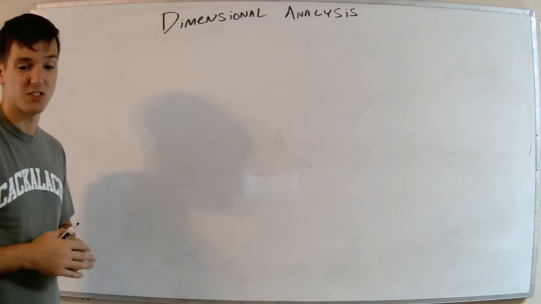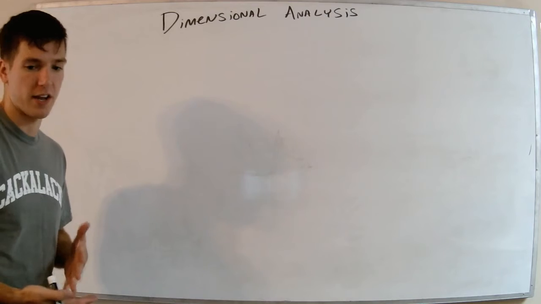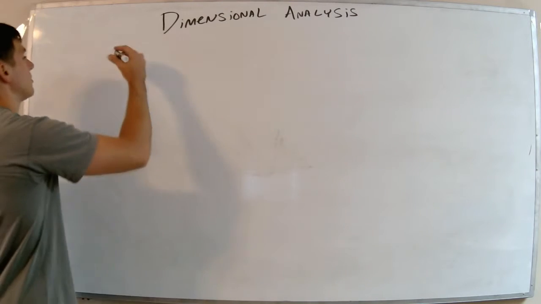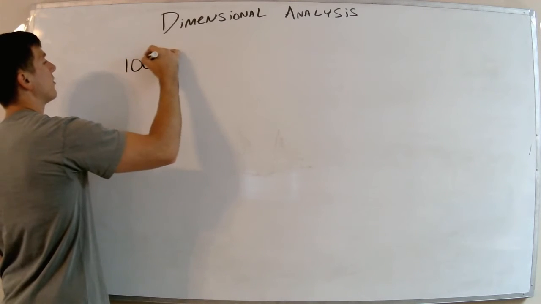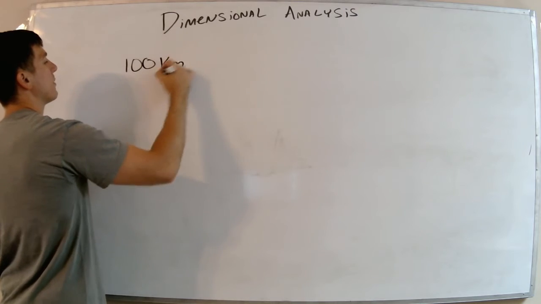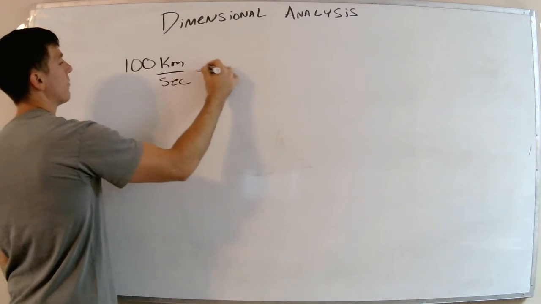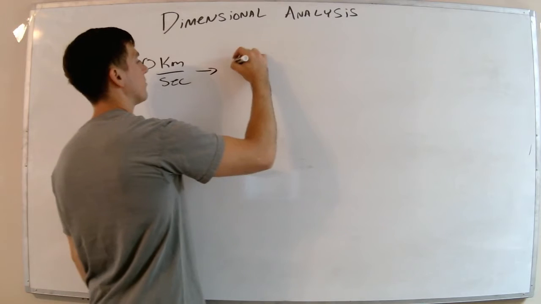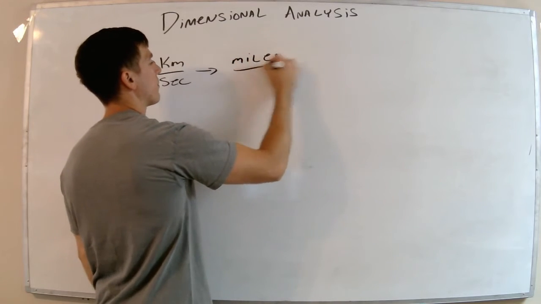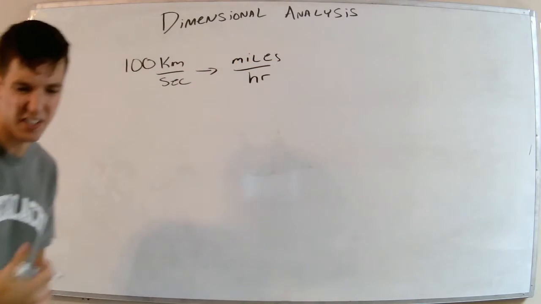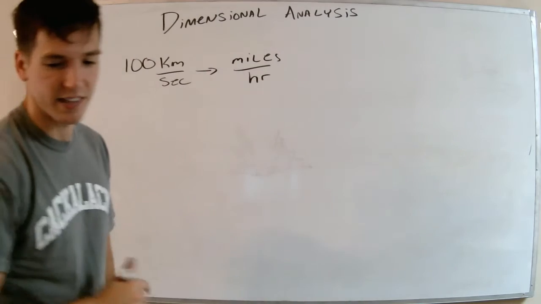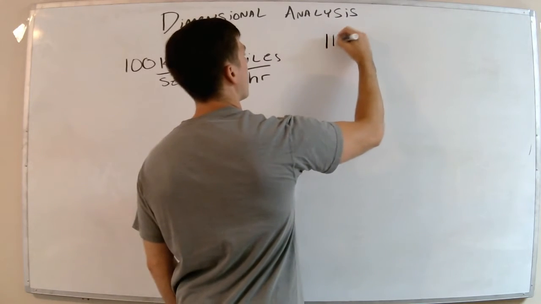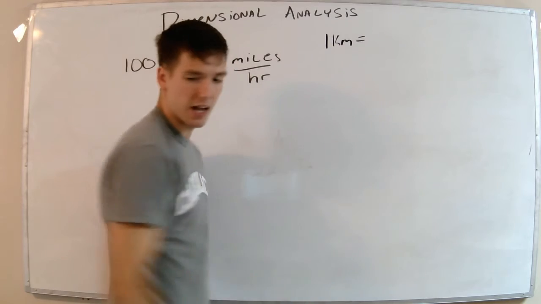Okay, now let's do something where it's like kilometers per second to miles per hour. So let's do something like 100 kilometers per second, and we want to go to miles per hour. Okay, and the only conversion I'm going to give you is that for every 1 kilometer, it equals